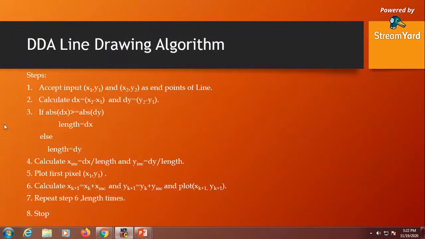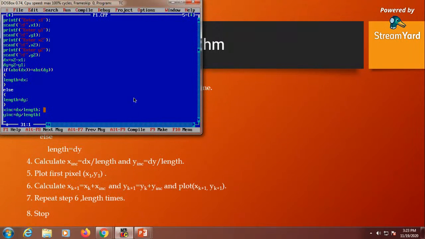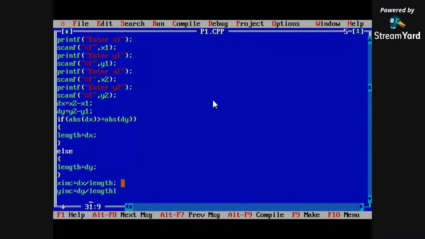So in this algorithm, we have calculated absolute dx, dy, length from dx and dy, then we have calculated x increment as dx upon length and dy upon length as y increment. Now what you have to do is plot the first pixel, and after that we have to do the recursive calculation of x of k plus 1 equals x of k plus x increment, like this. Now after finding length,